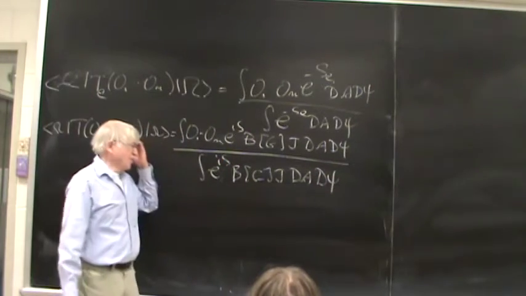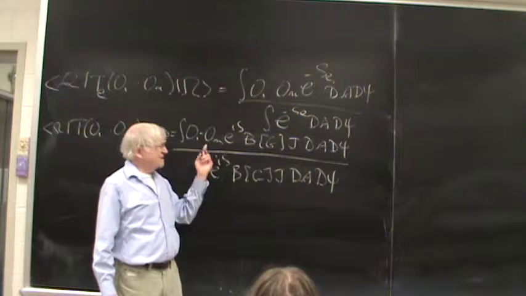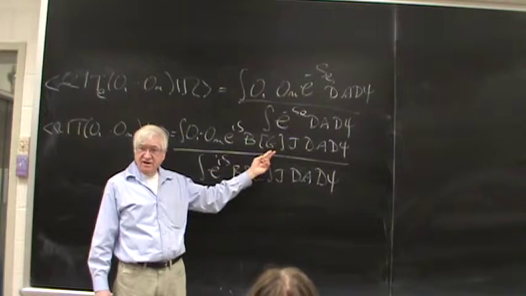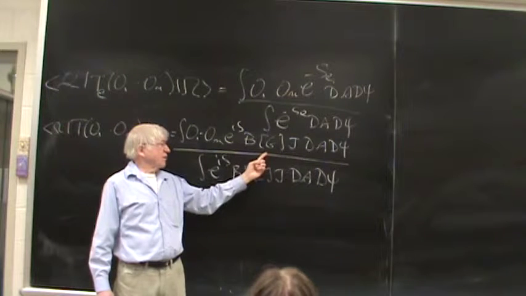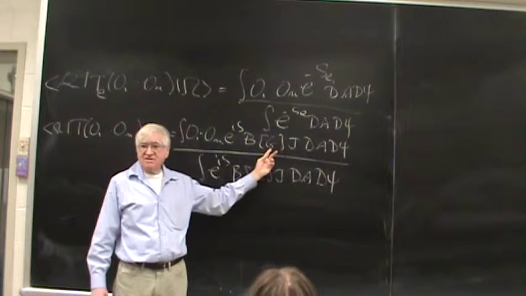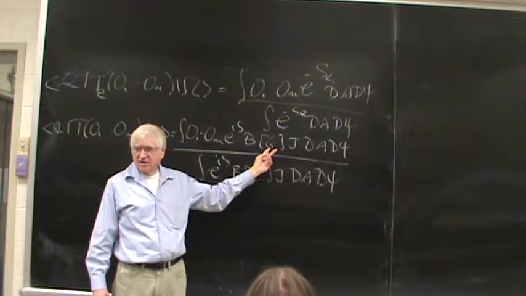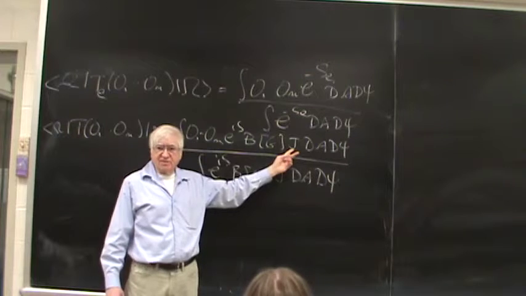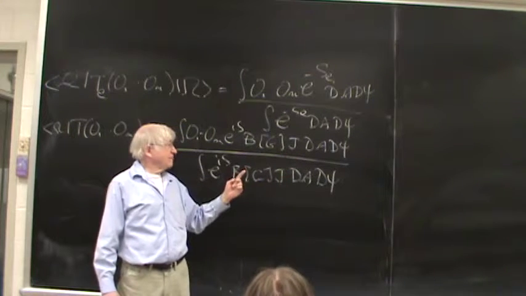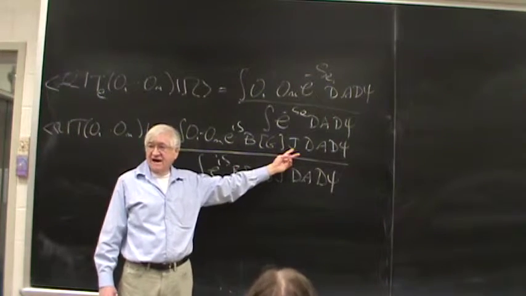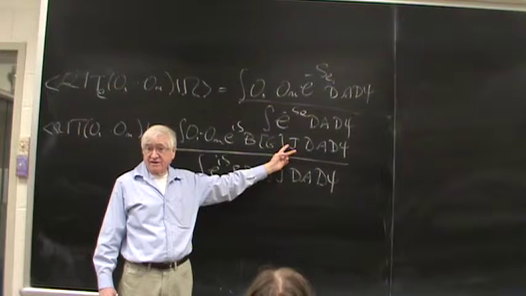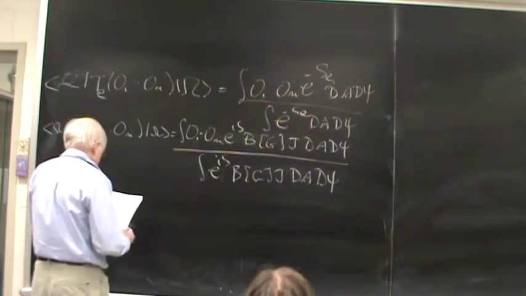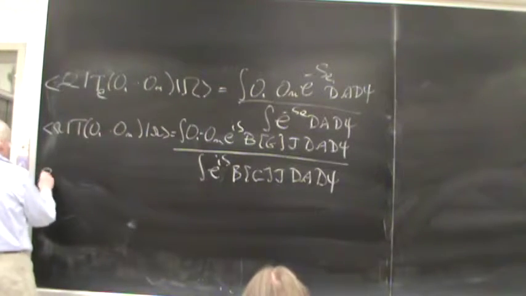See, the part that people were missing was they knew it had to be something like O e to the is b of g, and they could get away with what b of g was if they used the axial gauge, because the Jacobian was simple and it canceled. But they didn't know that they had to have a Jacobian until Faddeev-Popov pointed that out. Okay, so now what we're saying is b of g